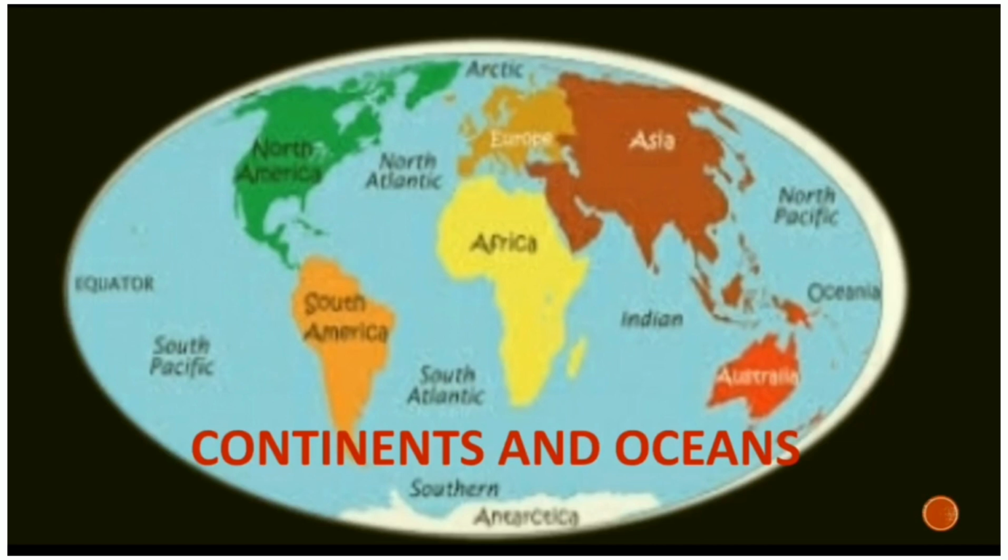Continents and oceans. You should know about the continents and oceans. So these are the different continents. We have 7 continents: North America, South America, Africa, Europe, Asia, Australia and Antarctica. Then we have 5 main oceans, starting from the Arctic Ocean, Atlantic Ocean, Pacific Ocean, the Indian Ocean, and on the southern side there is the Southern Ocean. So you should know about the oceans and continents also.